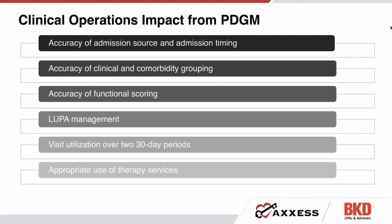From a clinical operations perspective, here's a summary listing of things that will be greatly affected by PDGM and what you can do to prepare for managing that impact. This is just kind of a repeat of some of the things that Rhonda already mentioned. Clinical operations impact on PDGM is going to rely heavily on accuracy of admission source and admission timing, and the accuracy of clinical and comorbidity groupings,